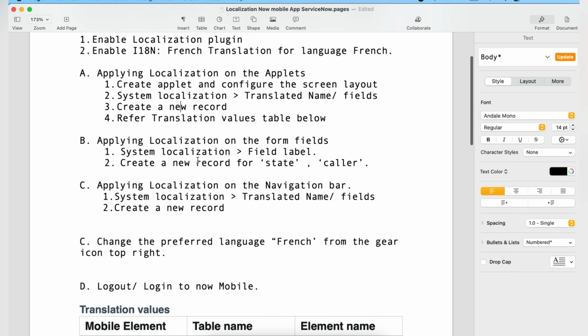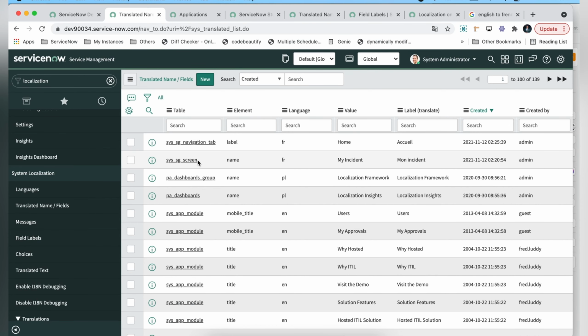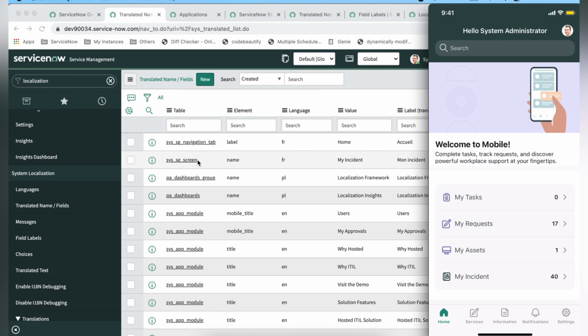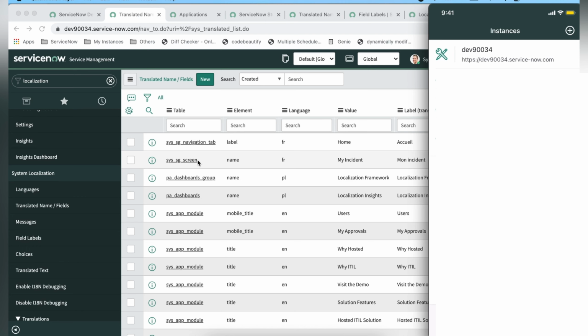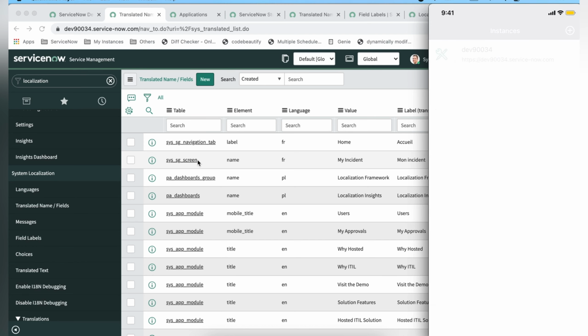So now in order to see our changes in the Now Mobile app, we first need to log out and log in from the app. So I will go to settings and log out, and again I will log in. So let's see if anything has not been applied. We will also debug on the go here itself.